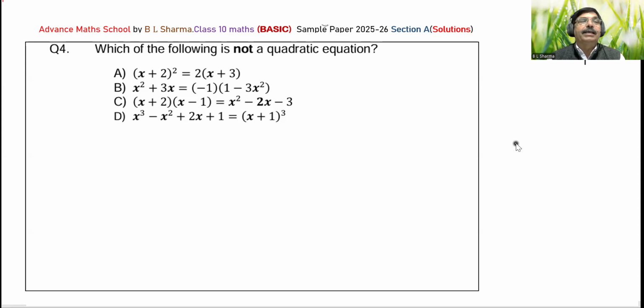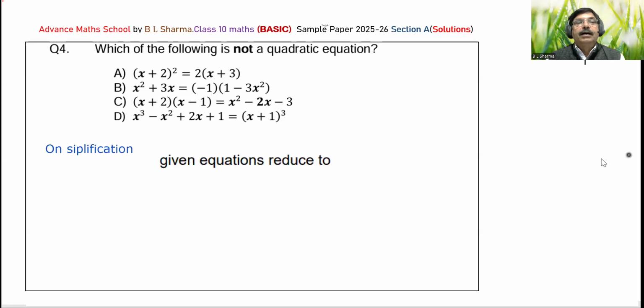Simple भाषा में कहेंगे कि जिसमें एक्स स्क्वायर का कोएफिशिएंट 0 ना हो, है ना. हाईएस्ट पावर ऑफ एक्स, मतलब ऑफ द वेरिएबल, शुड बी 2. तो वेरीफाई करते हैं, सिंप्लीफाई करते हैं. देखिए हमने सिंप्लीफाई किया फर्स्ट का, मीन्स इसको एक्स स्क्वायर प्लस 4x प्लस 4 में से ये -2x -6 कम